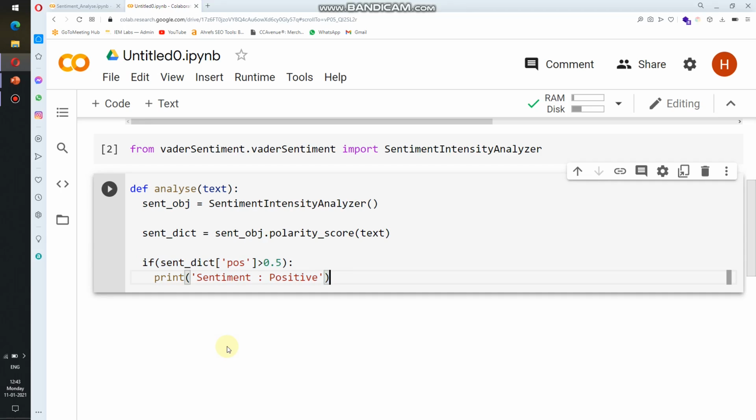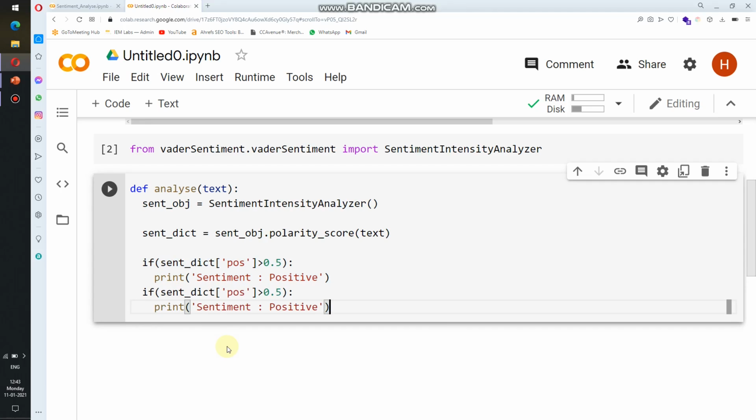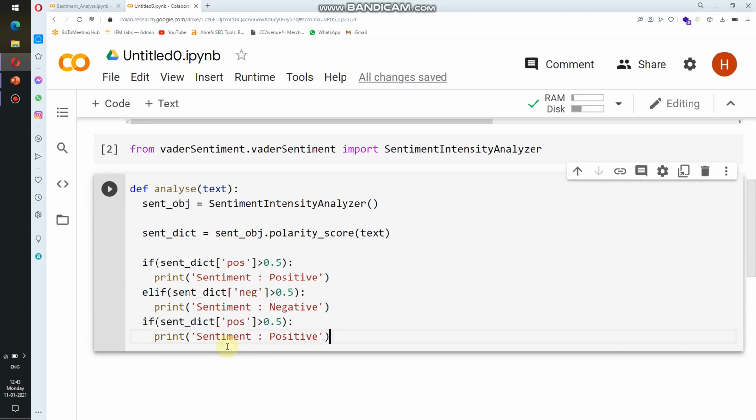Now for negative, this is going to be elif. Now for negative the key is neg, that is short for negative, and the sentiment then will be negative. So for each and every sentiment that is positive, negative or neutral, we are going to print the sentiment from this function. This is going to be neutral,